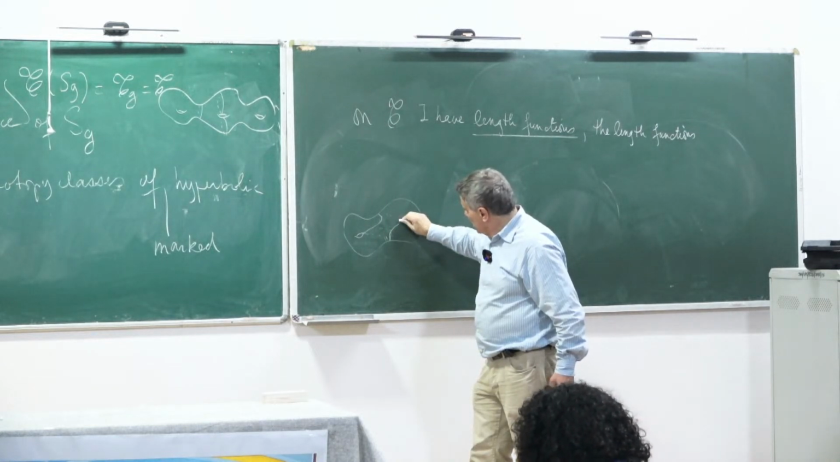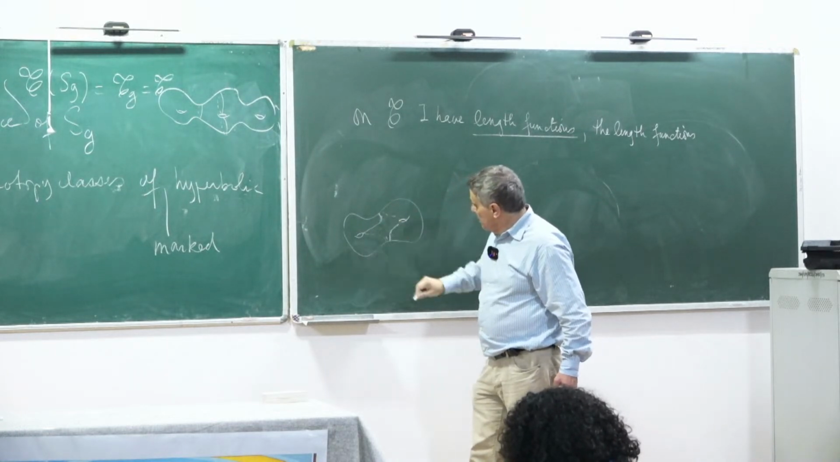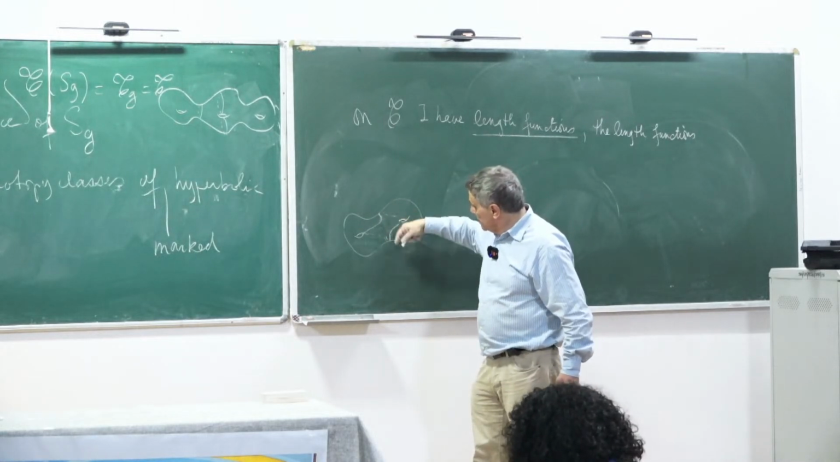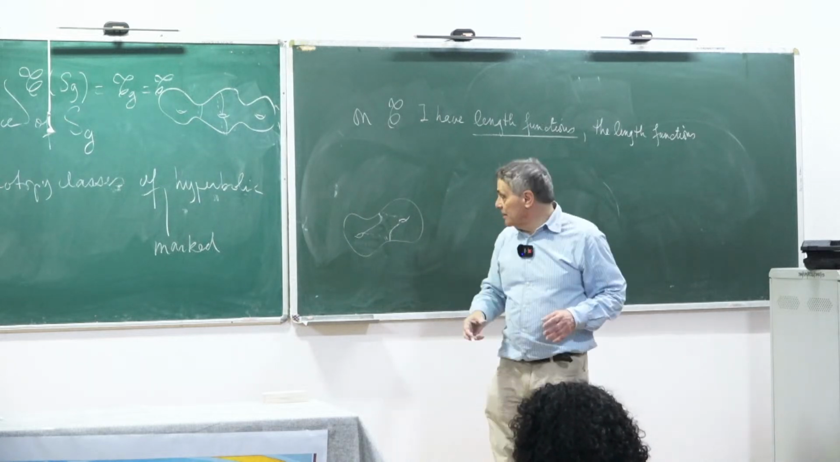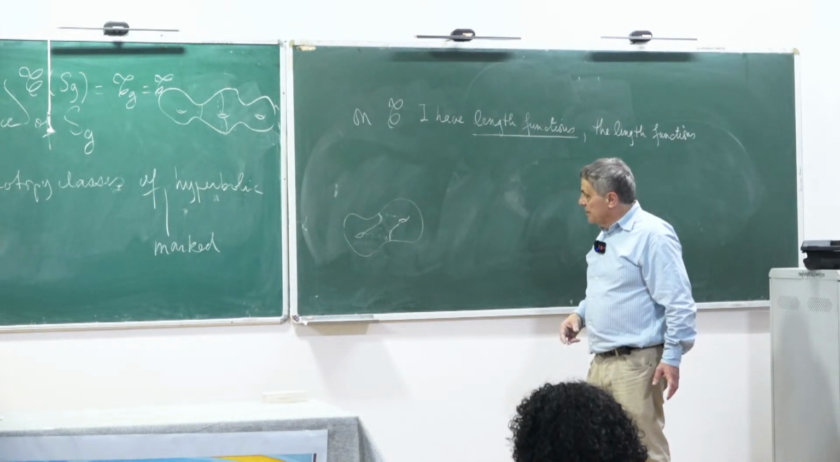This is another homotopy class, and then I can twist again and again and again. I get infinitely many. I cannot do the pictures, but